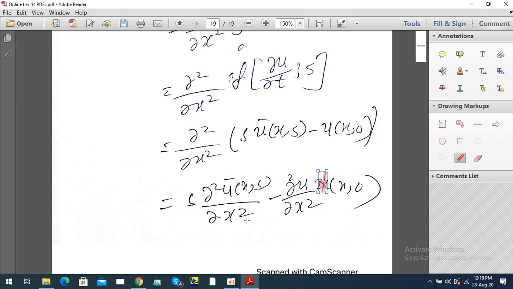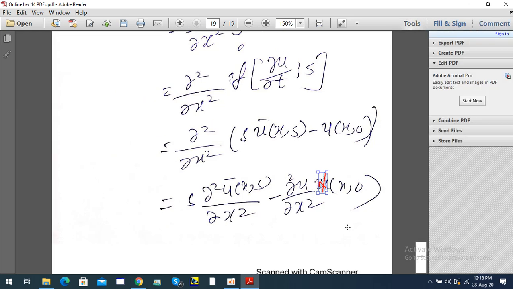So now this is the result for this one. You can see that the Laplace of partial cube u by partial x square partial t is equal to this thing. So why have I done this? Because I will use this